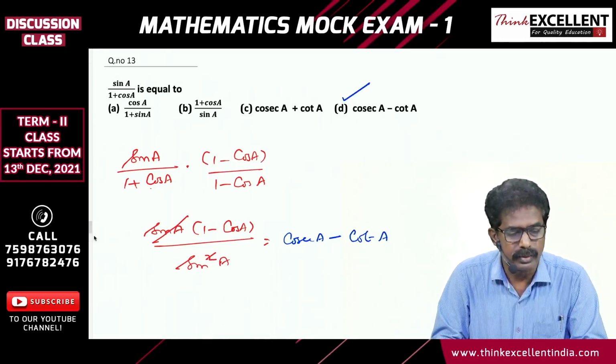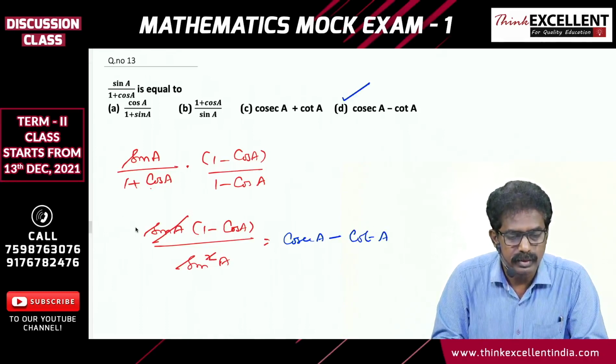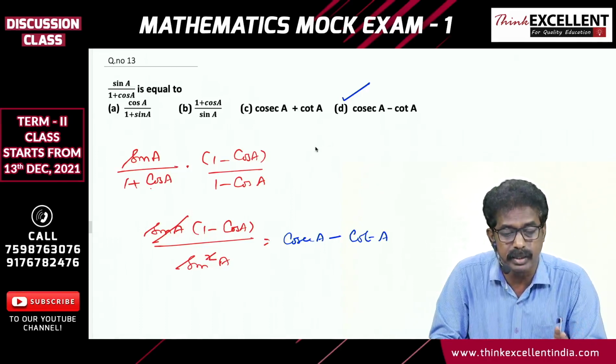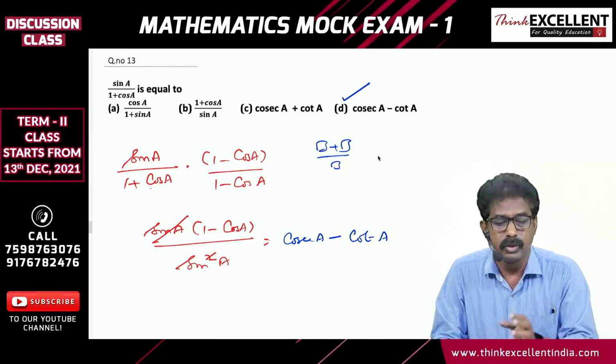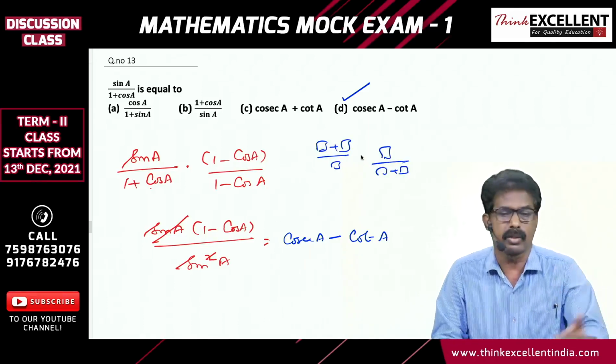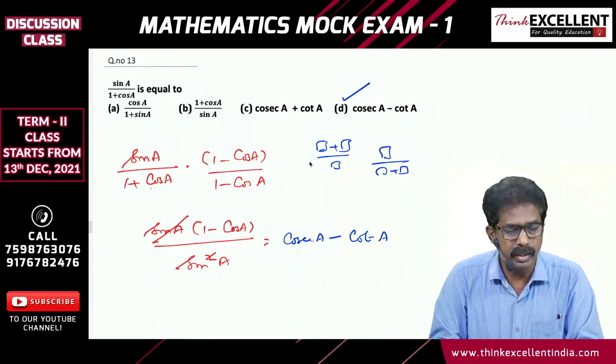Sir, can you say how to approach the proof sums of trigonometry? Yeah, here it depends on the answers. Now you see the answers, how they are given. So here only 2 type questions. Earlier I said, suppose sometimes in the numerator they give 2 terms, one term in the denominator, you split into 2. Numerator 1 term, denominator 2 terms, normally the question will be the conjugate type. Okay, you have to multiply by the conjugate.